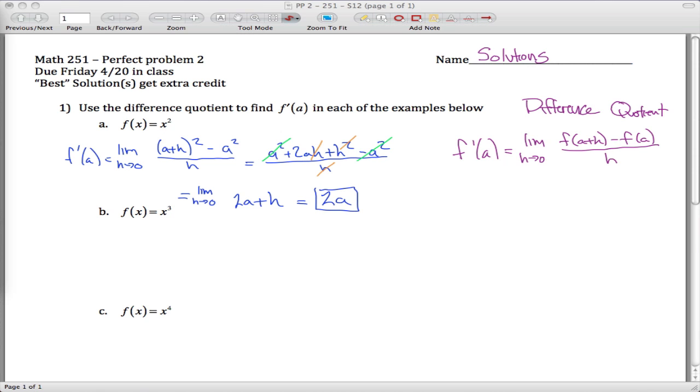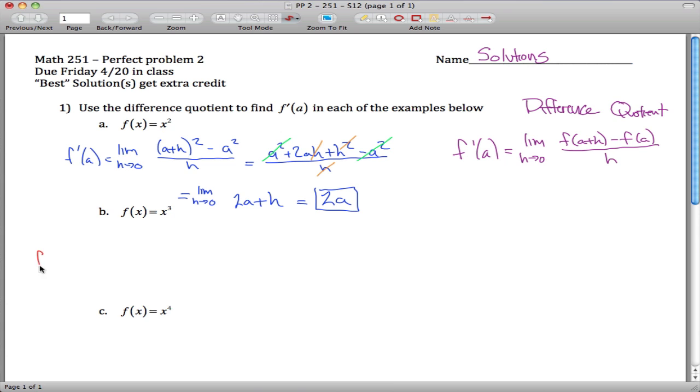This is going to get a little redundant because we do basically the same idea down here. It's the limit as h approaches 0. The only thing that changes now is that instead of (a plus h) squared, it's (a plus h) cubed, and instead of subtracting a squared, we subtract a cubed. So you have to expand this out, which is kind of a mess. You can FOIL it out twice, or if you happen to know some shortcuts like I do, what you'll end up getting